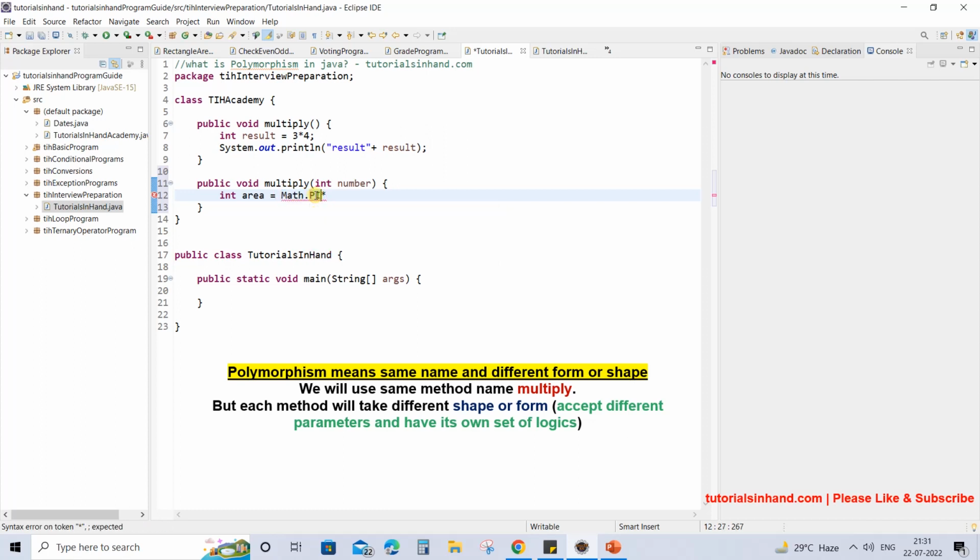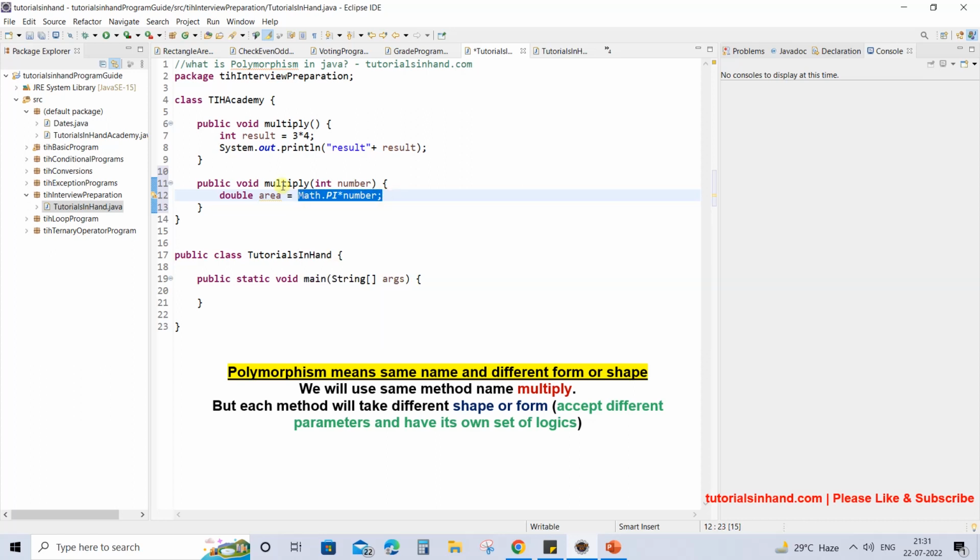If you want to see, you can go to this PI, it will return a double value, so you need to have the type of area as double, and then you need to multiply that with the number. Pi r square it is, so you can have number into number, but for now we are not going to calculate the area of a circle. It is just about calculating anything.